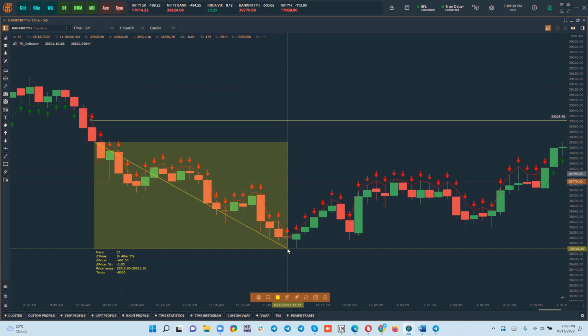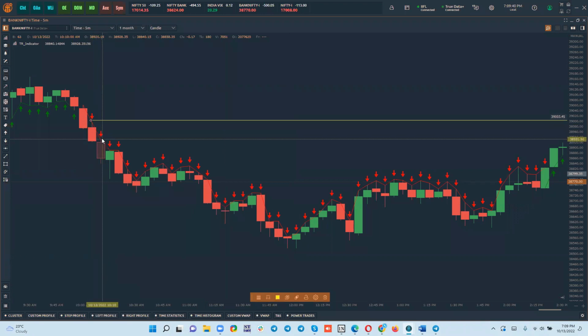And where you need to trail your stop loss, you can trail your stop loss to previous high level. So if the market goes to this level, you can probably trail your stop loss to this high. For us, it is important to know where exactly the market breaks this, right? So if you are trailing the stop loss 1 or 2 bars back as a high, so if the price